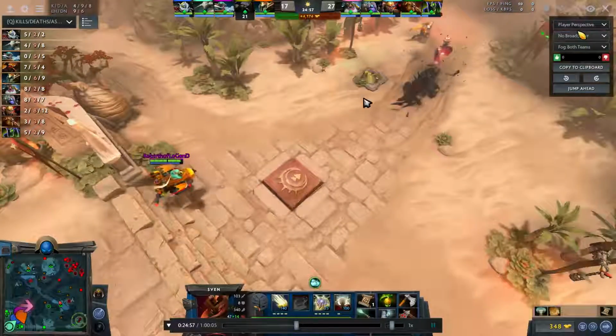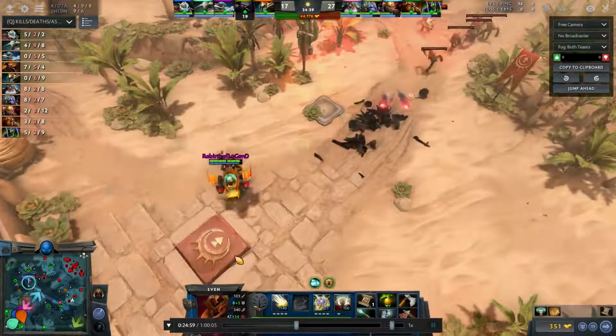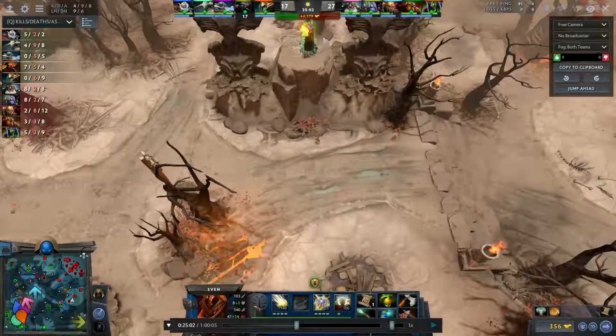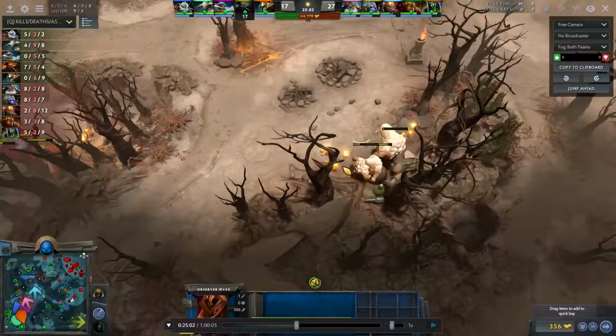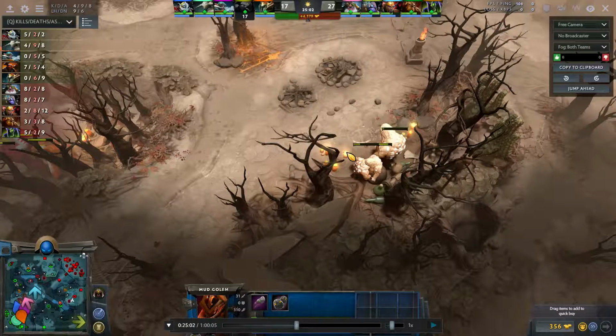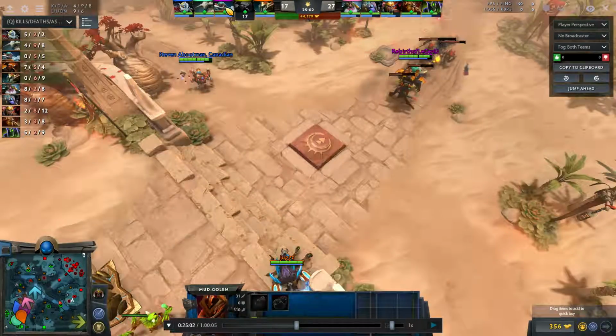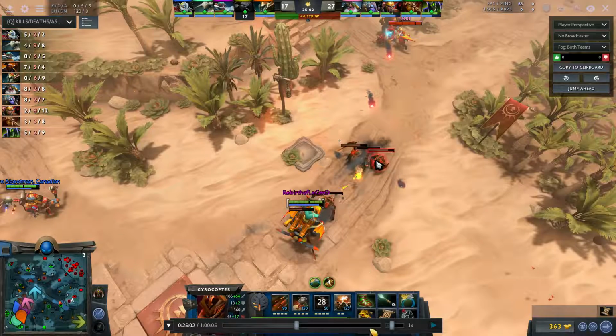So the obvious is, if I have a ward... This is bad. I think I die in the next minute. But yeah. So if I have a ward here, and I see a person here, then that person's obviously there, right? That's pretty self-explanatory. When I say implied vision, what I mean is...